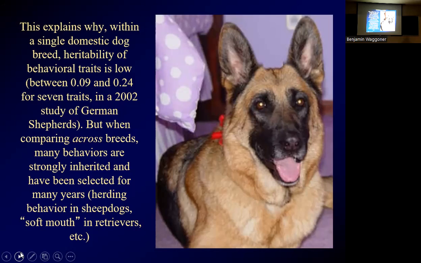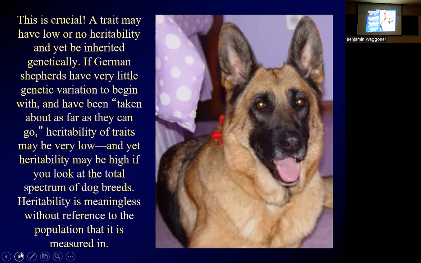Breeders want very much the same dog over and over again. So again, a trait can be inherited genetically and still have low heritability. So if German Shepherds aren't variable, then heritability of traits might be low. If you look at the total spectrum of dog breeds, or if you look at a bunch of mixed breeds,